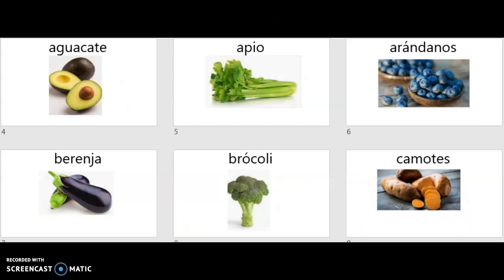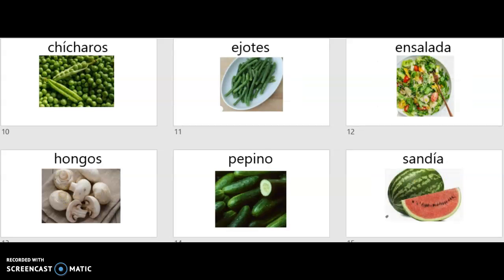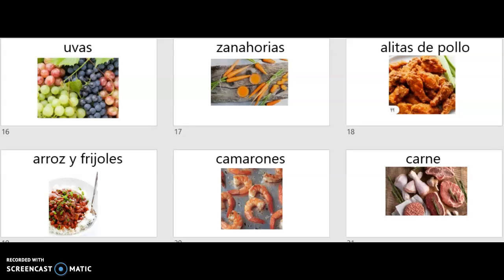We have aguacate, apio, arándanos, berenjena, broccoli, camotes, chícharos, ejotes, ensalada, hongos, pepino, sandía, uvas,